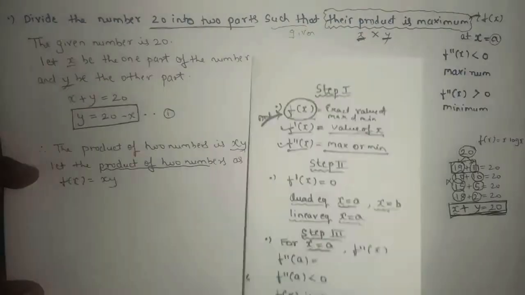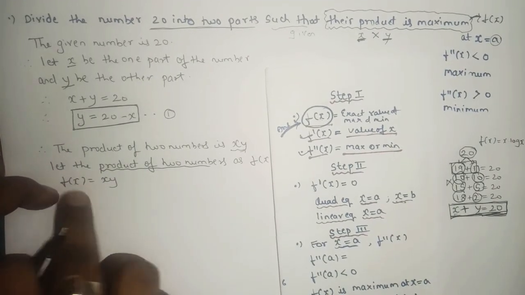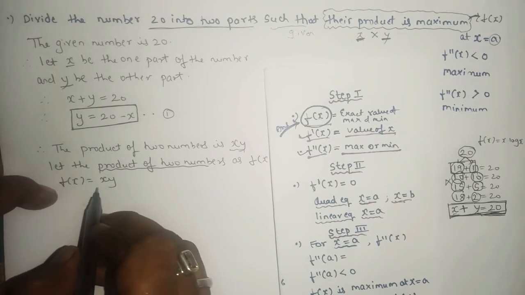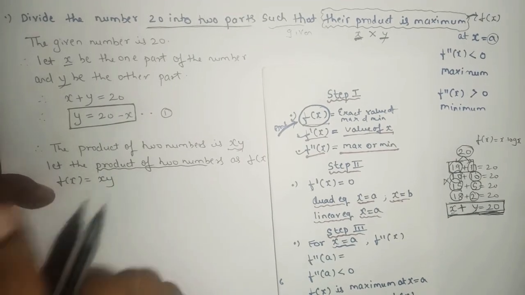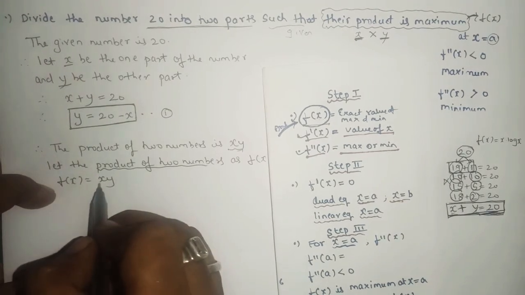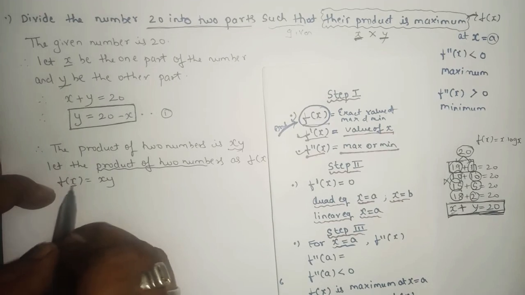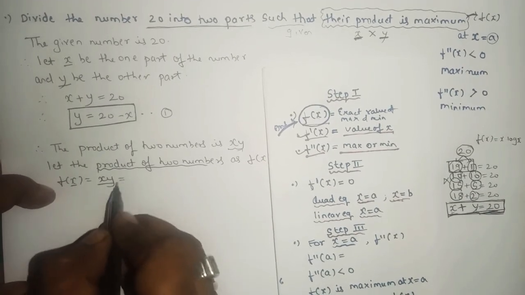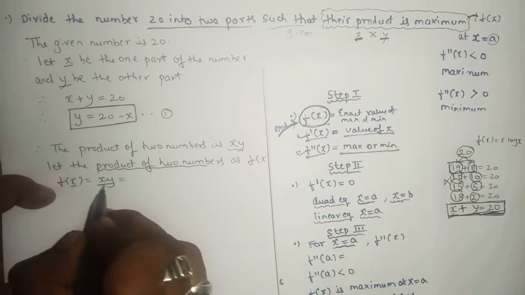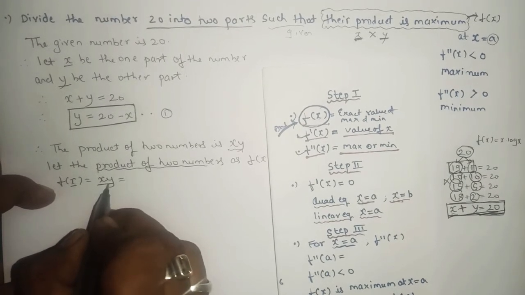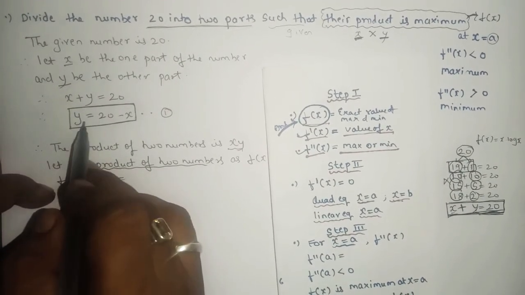Now as we know, here we took f of x, yes or no, and in the right hand side we have two alphabets. After that we have to differentiate f of x with respect to only one alphabet, either with respect to x or with respect to y. As we took f of x, we'll convert the whole right hand side in terms of x only, yes or no. We cannot differentiate two terms at a time. So that's why I prepared the value of y.